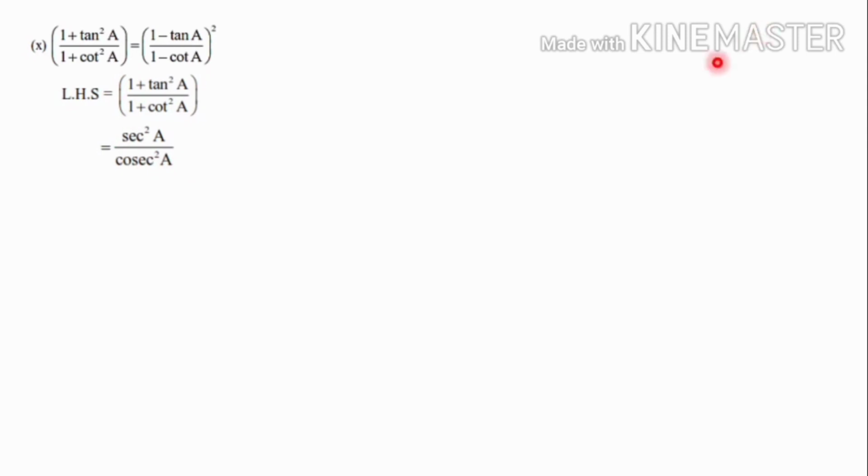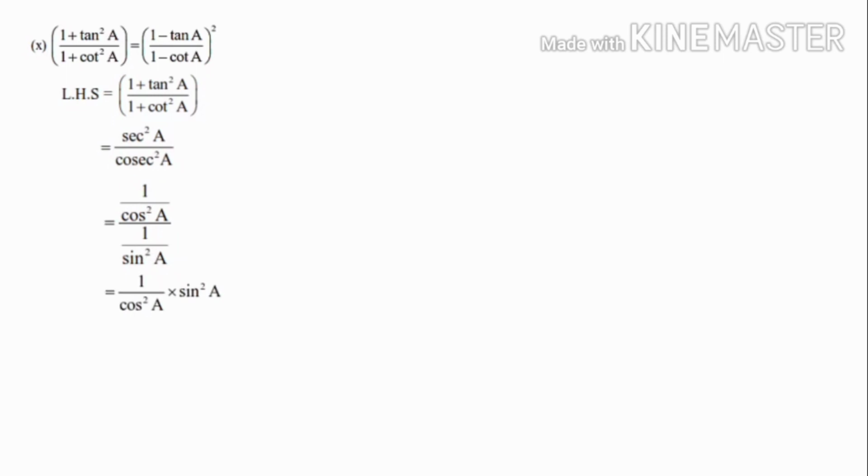Here I am not showing any formulas on the right side because we must learn how to use the formula from our memory, and also this is the last question. So let's practice the actual method. 1 + tan² A is sec² A, there is a formula, and 1 + cot² A is cosec² A, that is also a formula from identities. Then these reciprocal ratios we have to use, that is sec² A is 1 by cos² A and cosec² A is 1 by sin² A. We have used the formula again, that is reciprocal. Sec A is 1 by cos A, cosec A is 1 by sin A.